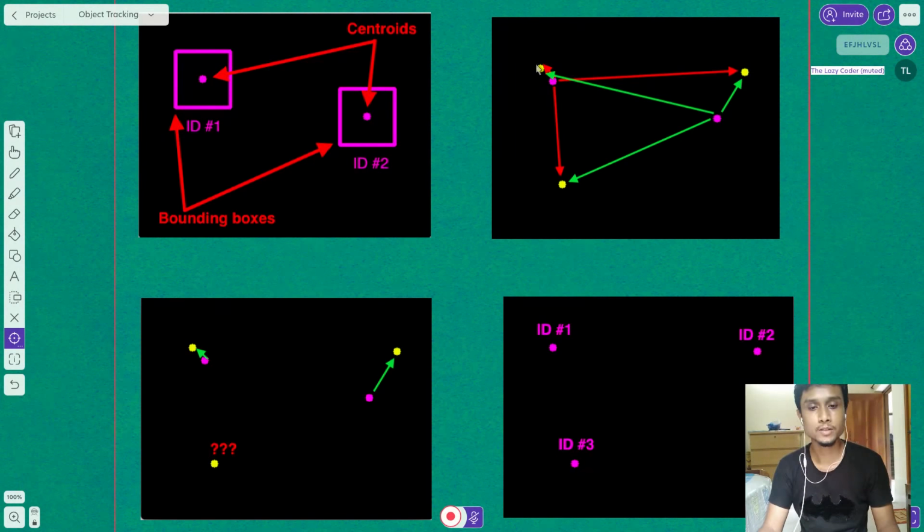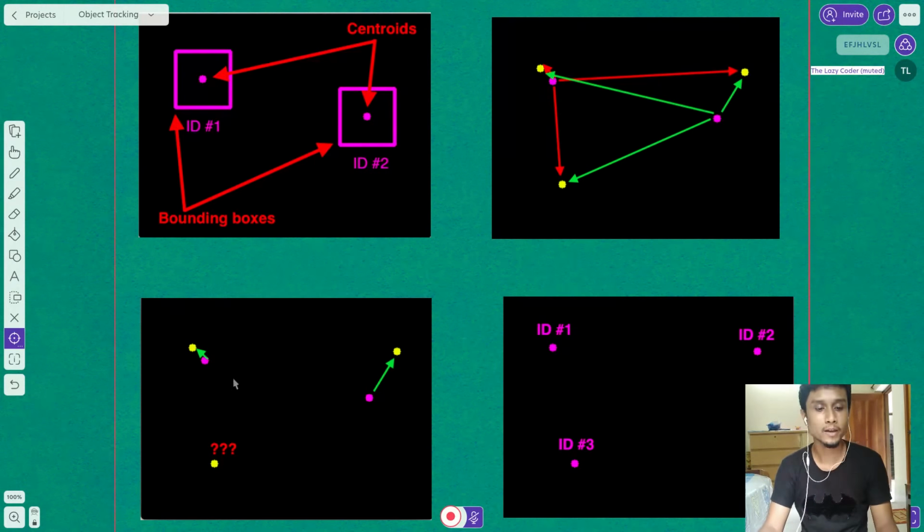So this is the new centroid for this person, and this is the new centroid for this person, and this one is totally a new centroid, so we will assign a new ID to it. See, it can detect that this person has moved over here and this person has moved over here. This point is a new one, so an ID is assigned to it.